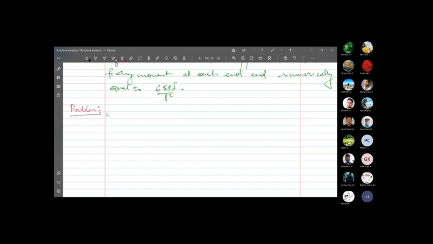Okay. So in the problem, it is saying that a fixed beam of 5 meter span carries a load, or basically a point load. Please write, carries a point load of 150 kilonewton at 3 meters from the left end,